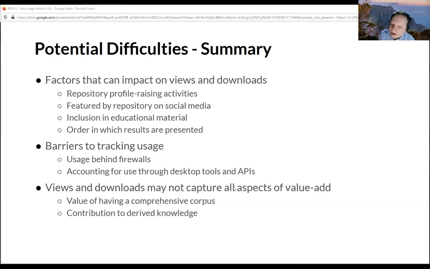This leads on to broader questions about whether views and downloads capture all aspects of the value of making data available: the value in having an overall corpus of data, and the knowledge that you can derive from that, even if that doesn't mean direct use of the data sets that were published.